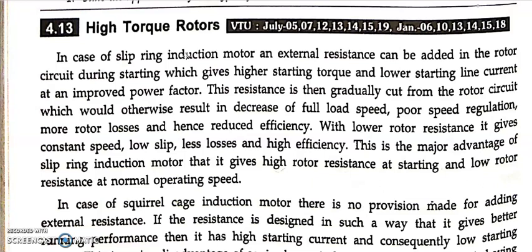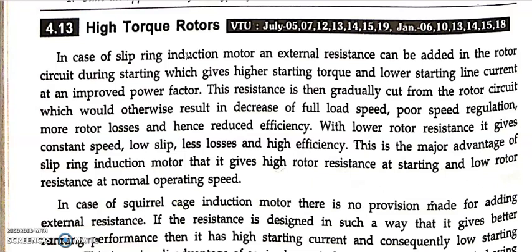Okay, so now the only problem here we are facing is in the squirrel cage induction motor. Why is that? Because we know that squirrel cage induction motor offers very less resistance initially. If it offers less resistance, what happens? There is a chance of flowing of high current more than the rated current initially. Usually it will be 6 to 7 times or 7 to 8 times of the rated current. And also, the starting torque will be very less.